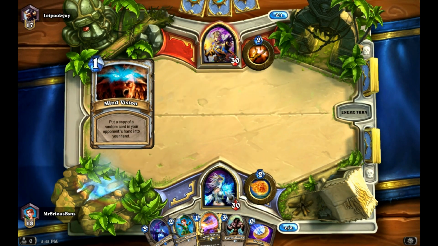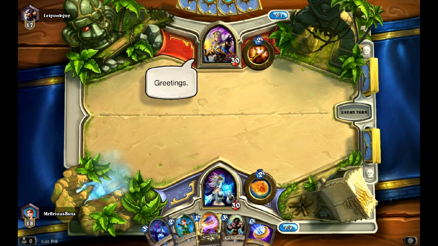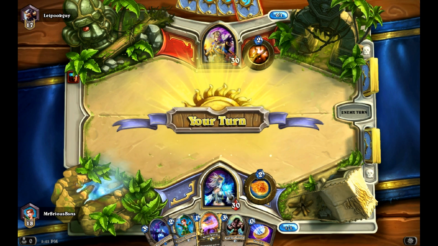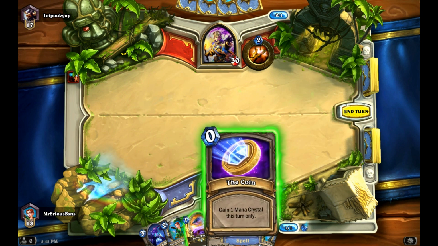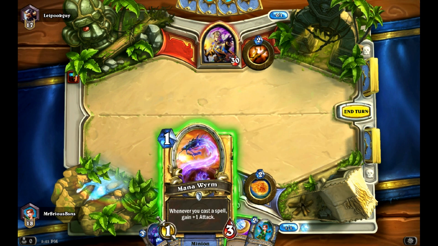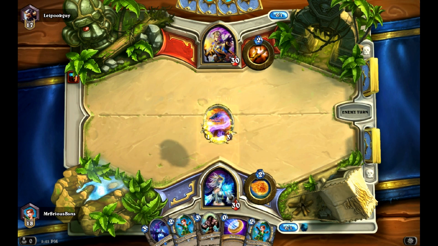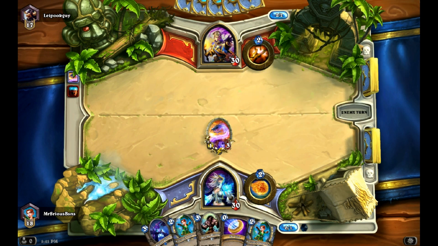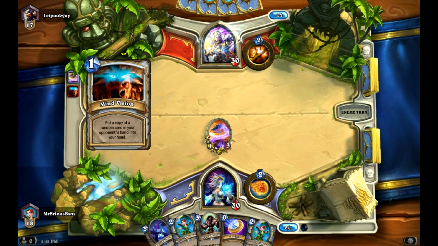Okay, so what's his first turn play? Mind Vision. Ooh. Greetings. Okay, so he could have taken a couple of disgusting ones out of my hand there. I gotta go with Mana Wyrm. Yeah, I could coin to Sorcerer's Apprentice, but it's just not going to be good. So I'll do a more defensive option and hopefully coin to Raging Worgen next turn, depending on what he took. So if he lays down a Sorcerer's Apprentice here, then I could just...